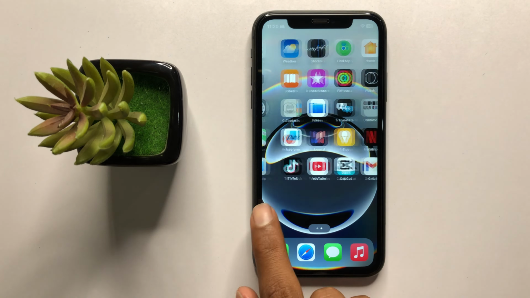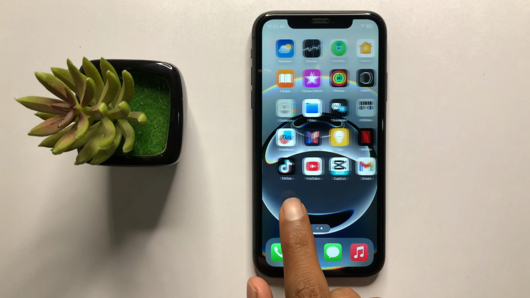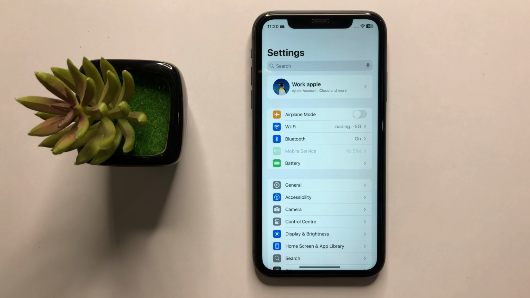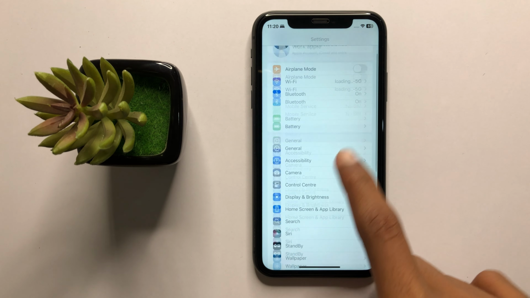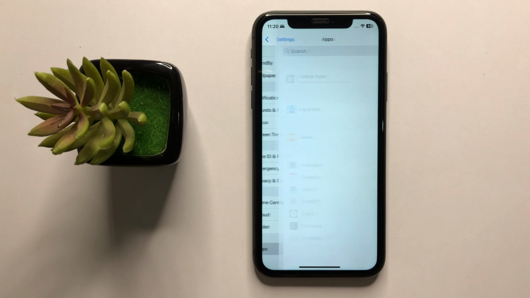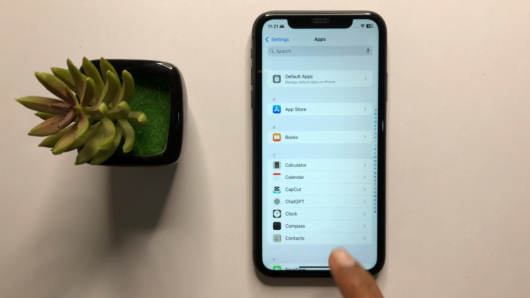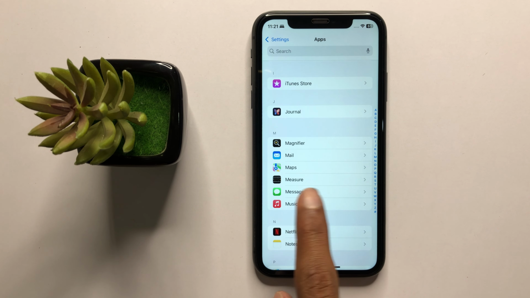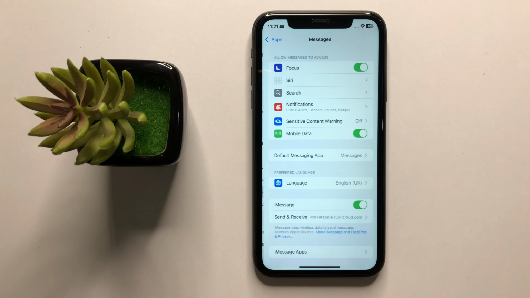First of all, open settings. In settings, scroll down and then click on apps. After clicking on apps, then scroll down and here you can see the messages app and click on messages app,